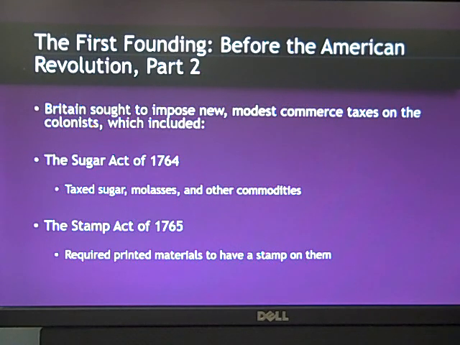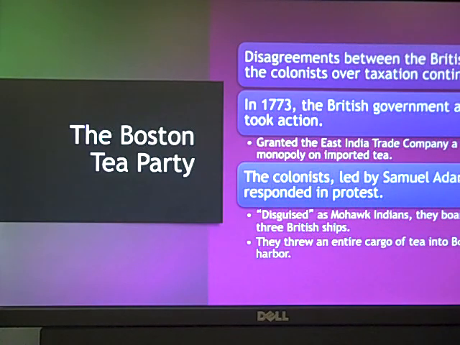Because this is not a U.S. history class, I don't care that you memorize all the individual specific acts. Here's what I want you to know. Britain tried to tax. America was like, no, I'm good, dog. I don't want to pay your taxes, right? And then America would engage in some sort of behavior that would make the tax futile. England would be like, all right, we'll get rid of the tax. Then England would create a different tax, and America would be like, yeah, we're not going to pay that one either, right? Eventually culminating in this idea of the Boston Tea Party, right?